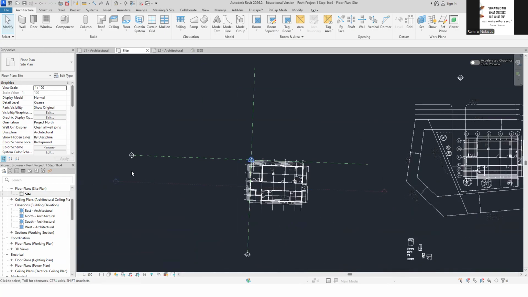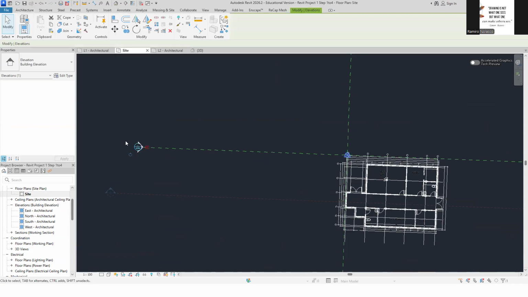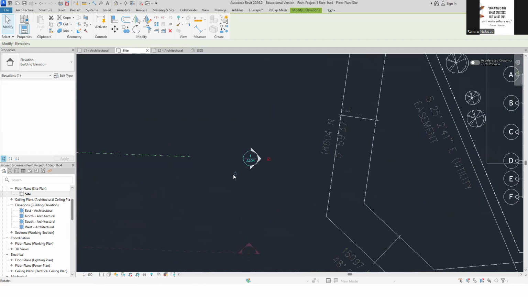Okay. So as well, select this using the crossing window button. Okay. Move this somewhere here. And then there's that rotate button. Click, hold, and then just move it to the right a little bit so it snaps to the 0 degrees.